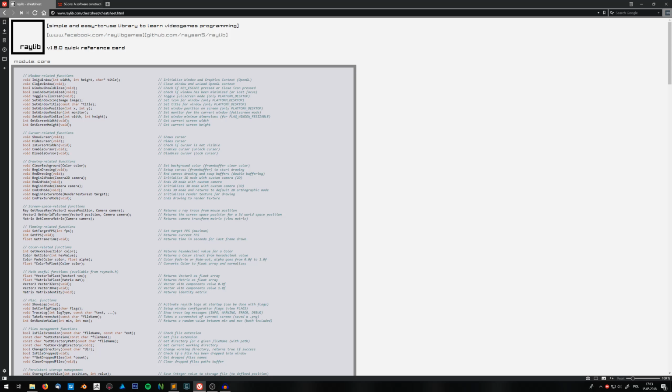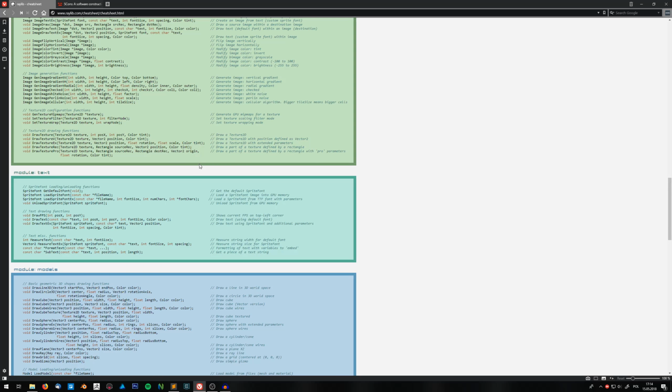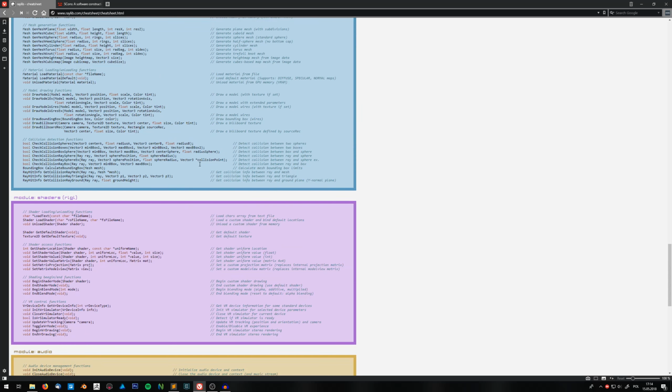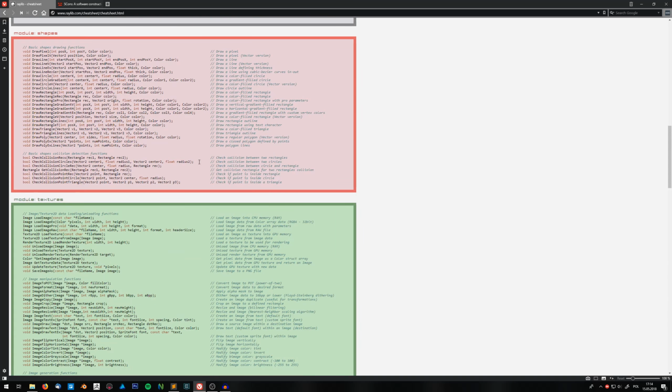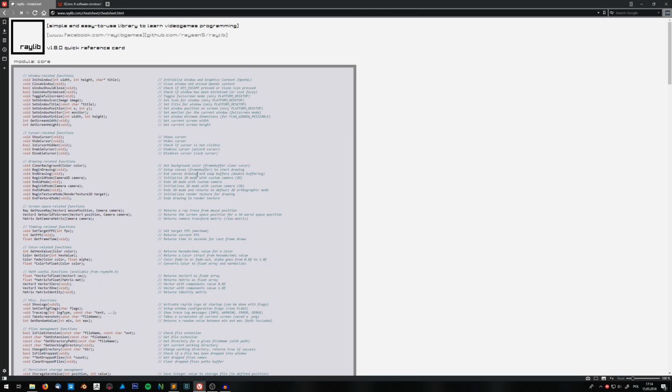You can know what they do by name, but there is always some short description of what they do. It seems like this documentation is lacking, but believe me, it's plenty enough for a library like Raylib. You will probably catch up pretty fast with it, so don't worry about that, and you can always look into